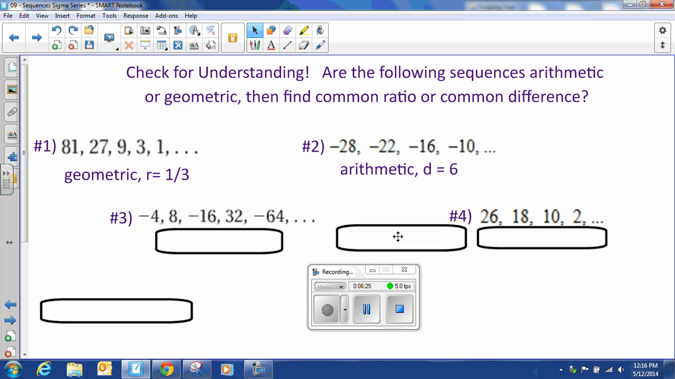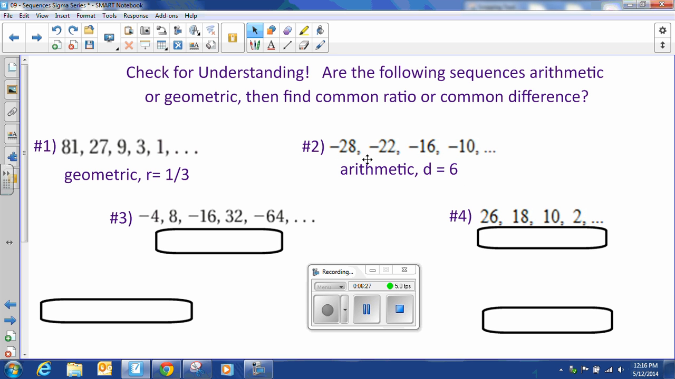here we have an arithmetic sequence, and we are actually going up by 6, plus 6, plus 6, plus 6, because as you can see, the negative numbers are getting closer to zero. They're actually getting larger. Number three,